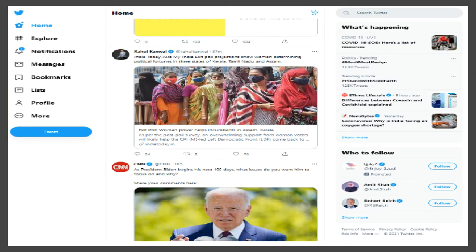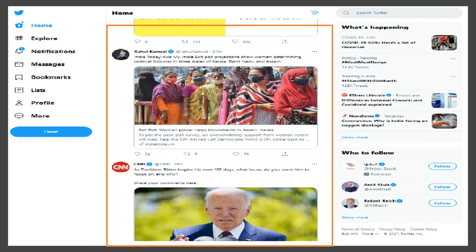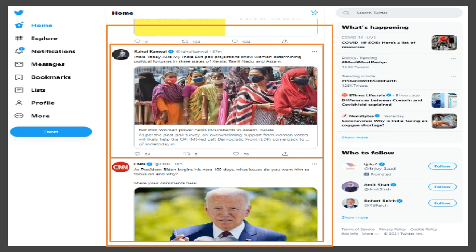Now this is Twitter. You can observe this is my post layout. In this I can have one post or many posts for my account, but all will share a common layout. Picture will be there, author name will be there, and its Twitter ID will be there, content will be there.